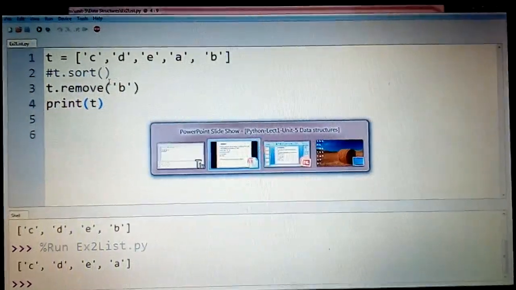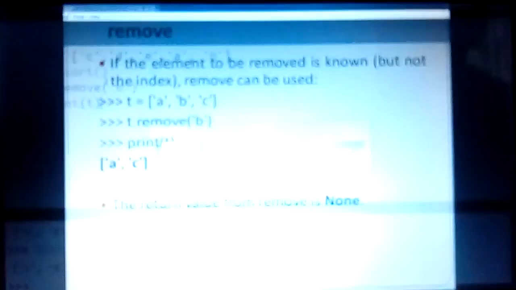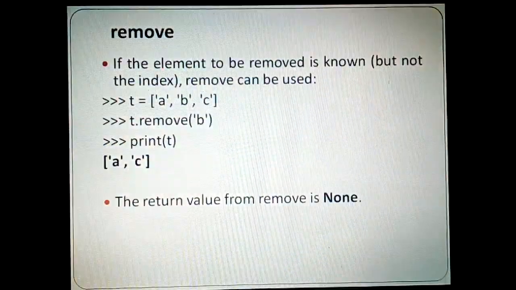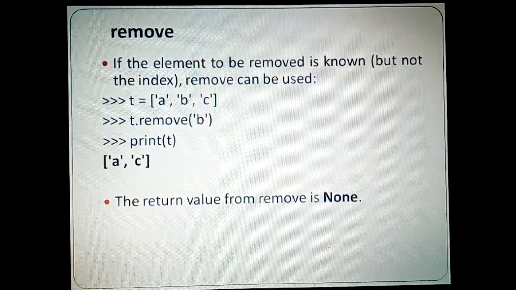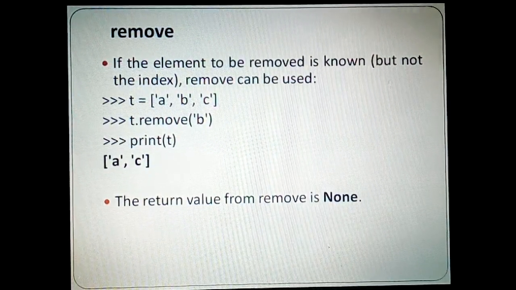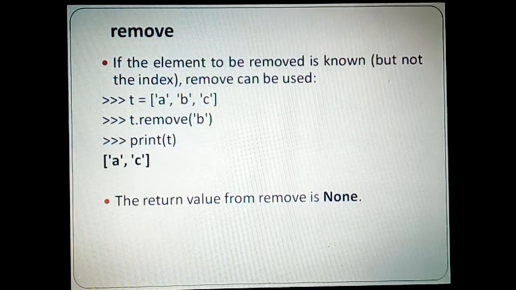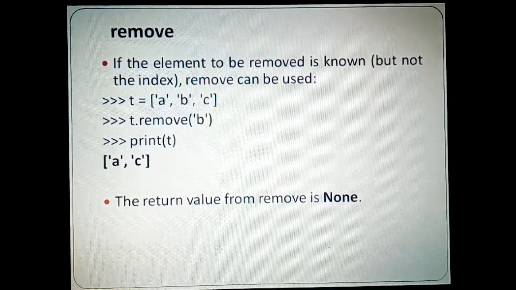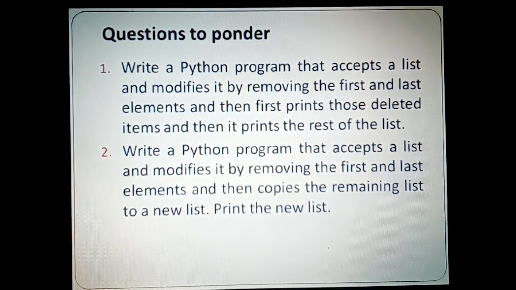Now with this note, let us go back to the slides here. You can even delete the items using the slicing mechanism. For example, if I say delete t of bracket 1:5, then I can delete all the items from 1 to 5. Similarly, you can make use of the slicing mechanisms while deleting the items here. With this note, let us go through these questions, but you may try to find out the answers before coming for the next session.